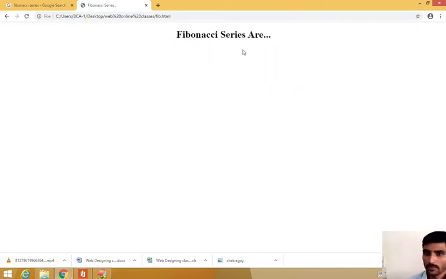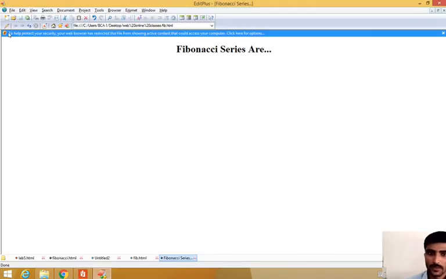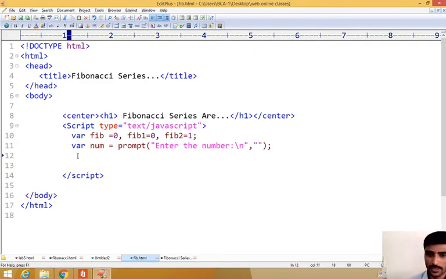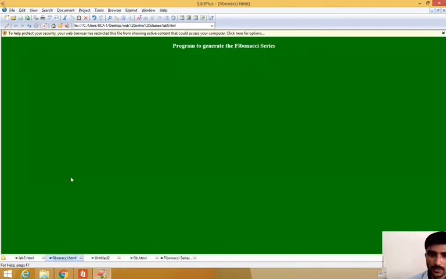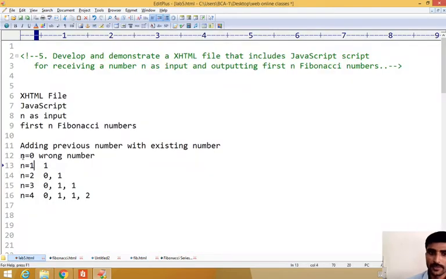See, it is not producing any series because we are still not giving any logic, we are just accessing the number. When you access that number, it is stored in number. Using that number I want to give some logic. How to give the logic? First we have to check the condition. According to what I gave here, if n equals 0, it tells the user that it is a wrong number you entered. If you give 1, it displays the 1, so you have to use some logic.